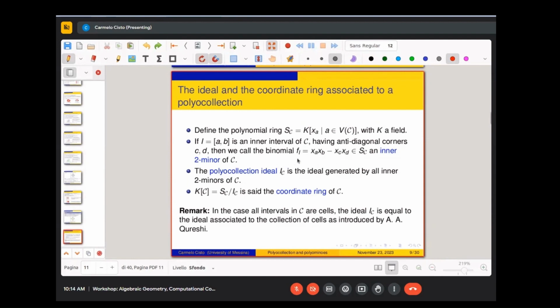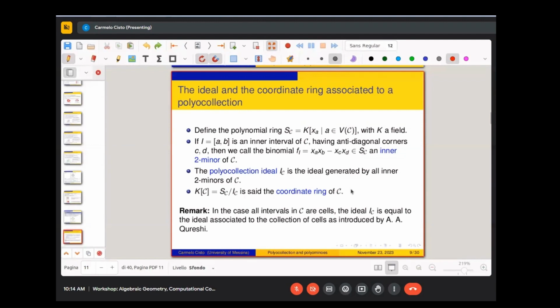We consider the set of all these binomials. We consider also the ideal associated with the set. This is called the polyomino collection ideal, and the quotient ring between the polynomial ring and the polyomino collection ideal is for us the coordinate ring of the